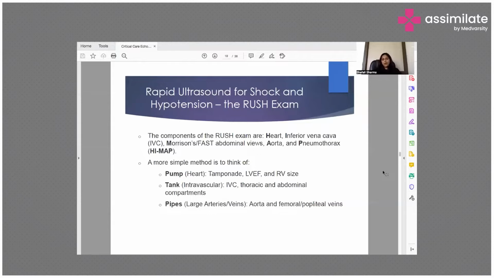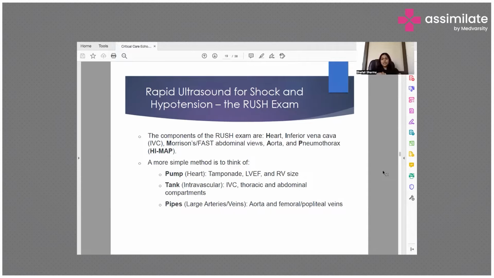Now, we are all aware of the RUSH exam, that is the Rapid Ultrasound for Shock and Hypotension. The components of the RUSH exam are the heart, the inferior vena cava (IVC), the Morison's or FAST abdominal views, aorta, and pneumothorax. The mnemonic would be HIMAP: heart, inferior vena cava, Morison's or the FAST abdominal views, aorta, and pneumothorax. The simpler method would be to consider the heart as a pump, where you have to rule out tamponade,